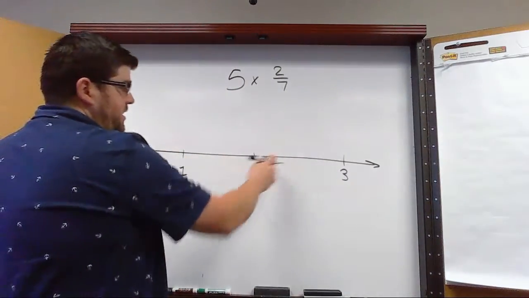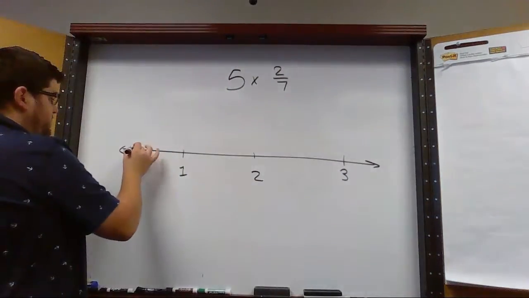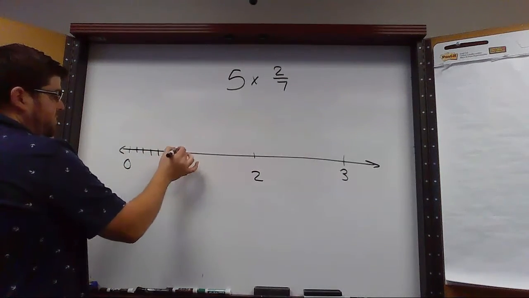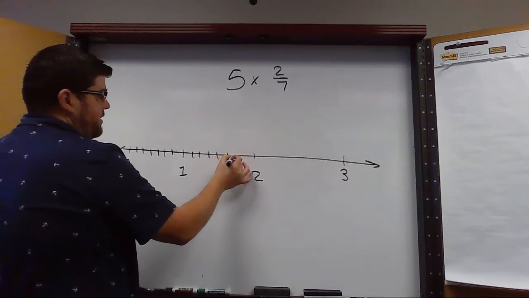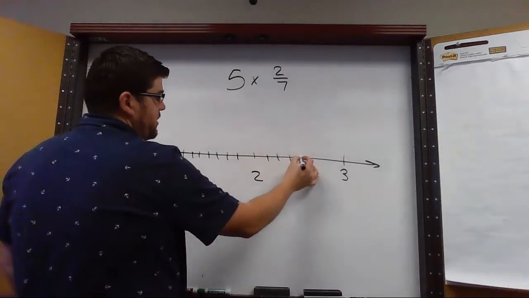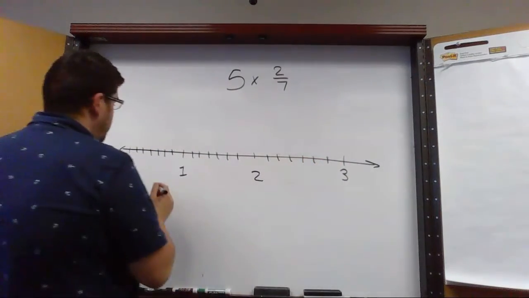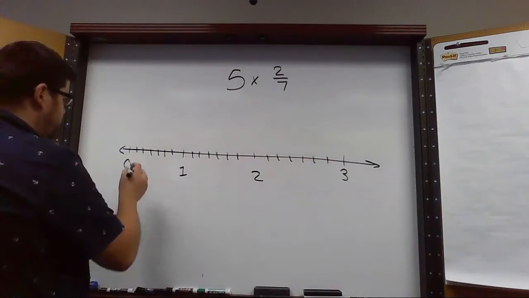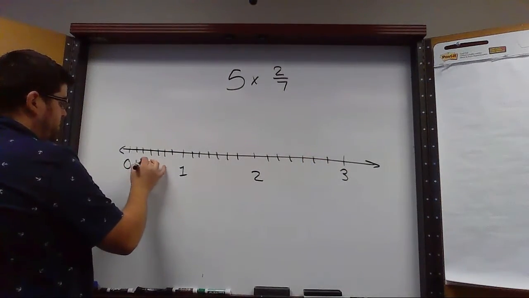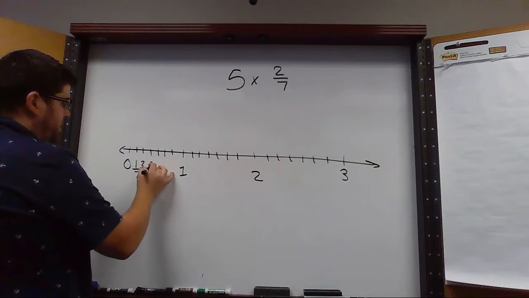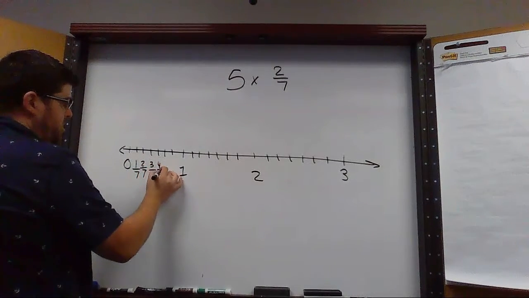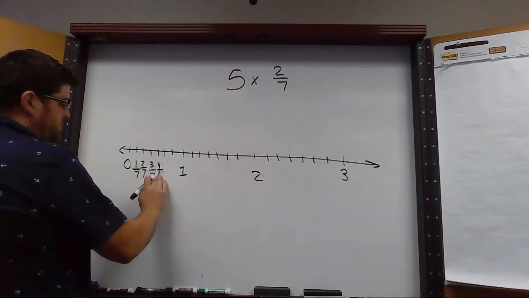So I need to cut each of these up into 7 pieces. So 1, 2, 3, 4, 5, 6, 7, 1, 2, 3, 4, 5, 6, 7, 1, 2, 3, 4, 5, 6, and then 7. And then I'm going to take time to label these. 1/7. It's going to get crowded. 2/7, 3/7, 4/7,